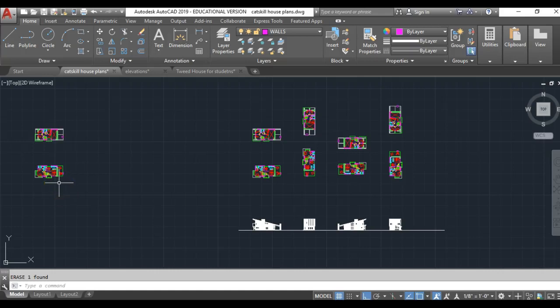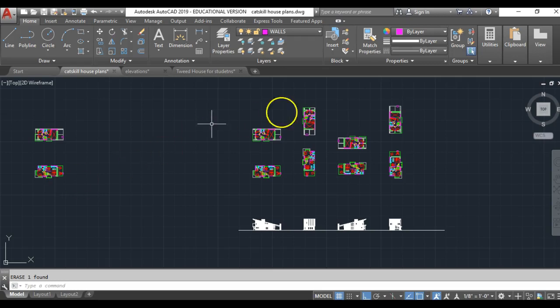Hello class. So in this video we're going to look at layers for your CAD elevations. Now you should look at this video really at the beginning of the process. I showed you how to set up the elevations and how to draw them from plans in previous videos, but really you can be doing this stuff all simultaneously. Nonetheless, if you followed the steps in the videos that I just put out before this, you're going to have